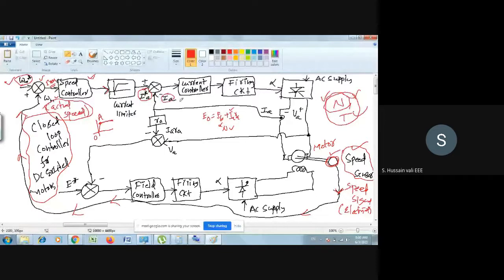Now where is this actual current coming from? This actual current is coming from this line. Where is this line going? You see there is a symbol here, which is important, so I will redraw the symbol. This is the symbol. Now this symbol is for current sensing. You can even search in books and you will find this symbol as current sensing. So you sense the current from this line.